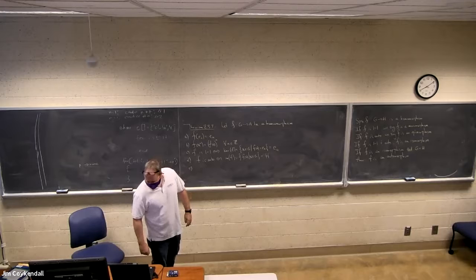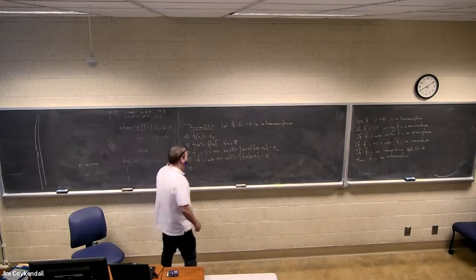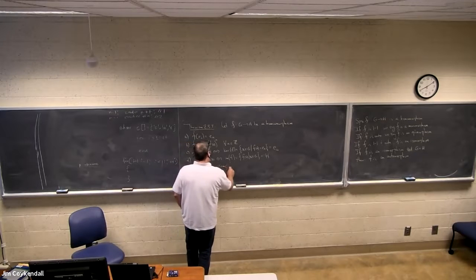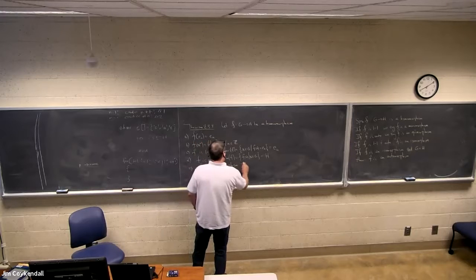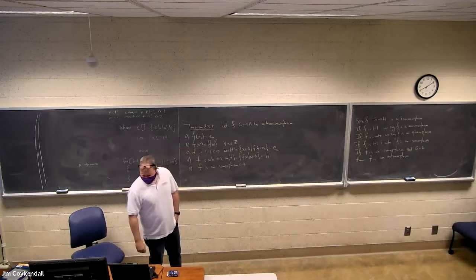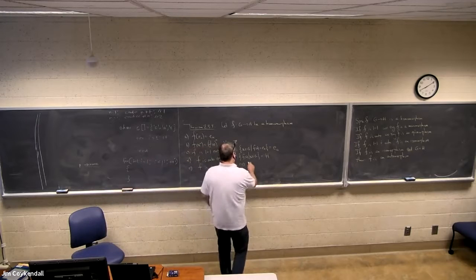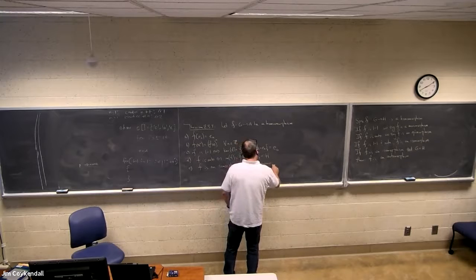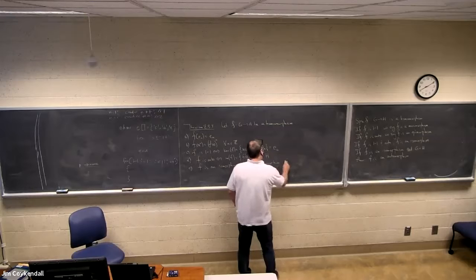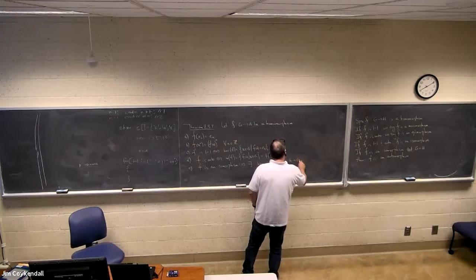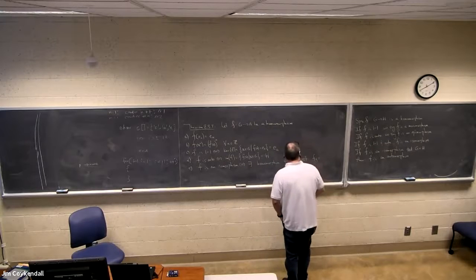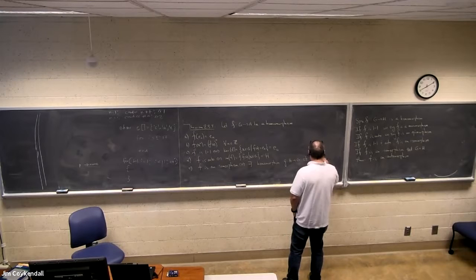And E: f is an isomorphism if and only if there exists a homomorphism g from H to G such that f composed with g is the identity on H, and then g composed with f